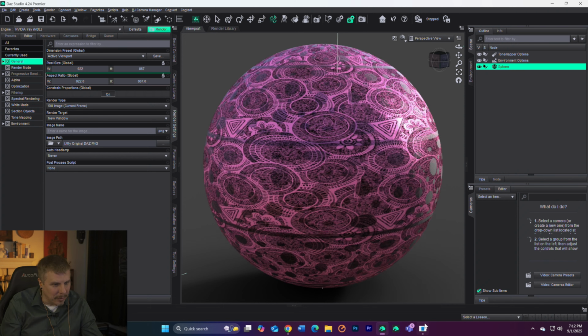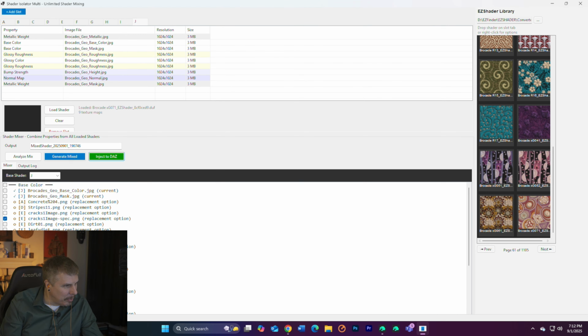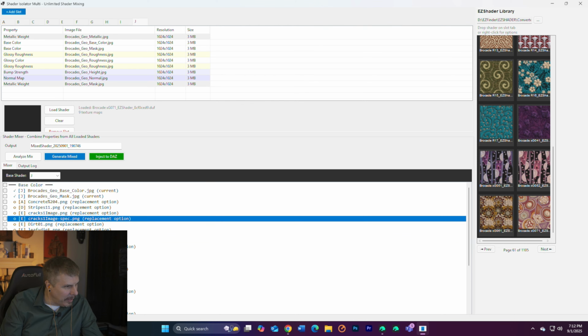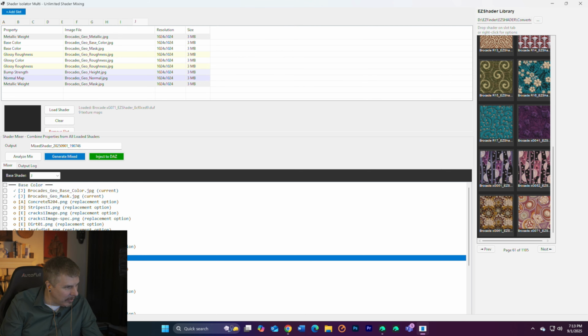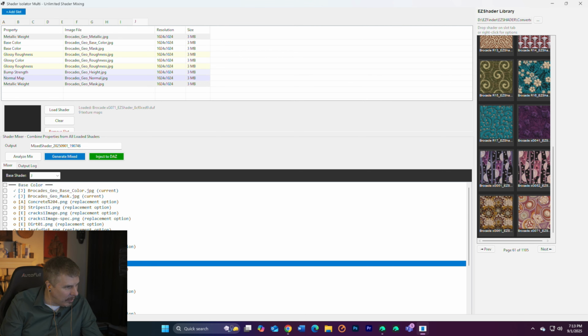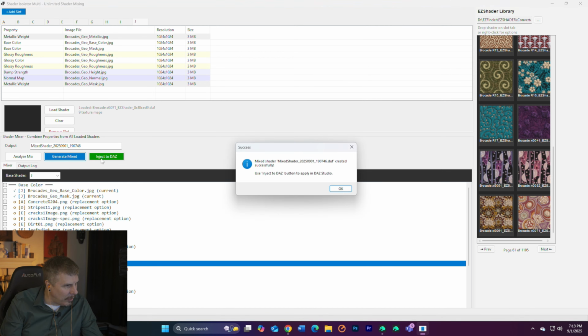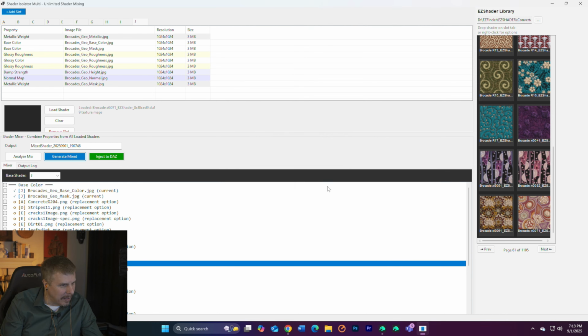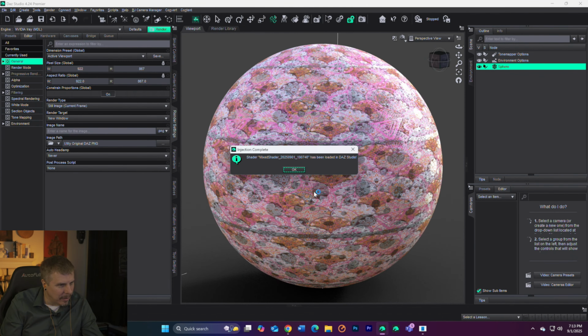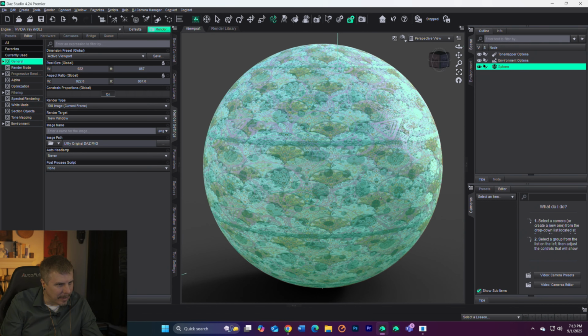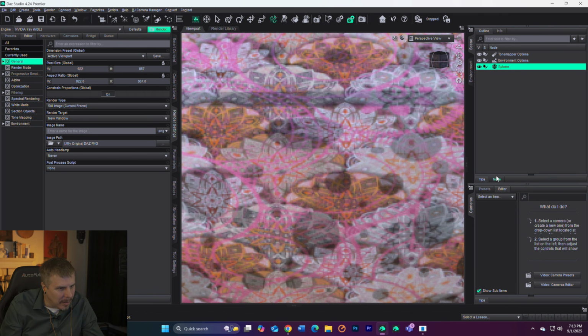So now let's go back in. Let's play around with this. Let's do some of these brocade ones. All we need to do is switch a couple things. The brocade geo. All right, generate mix. Okay. Inject. Look at that. Now when we get up close,